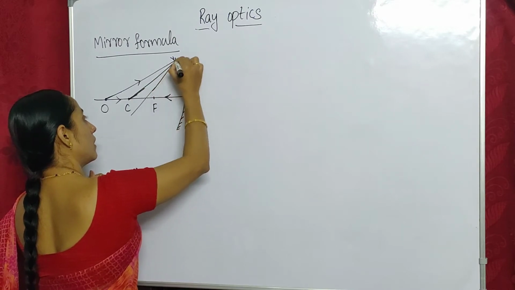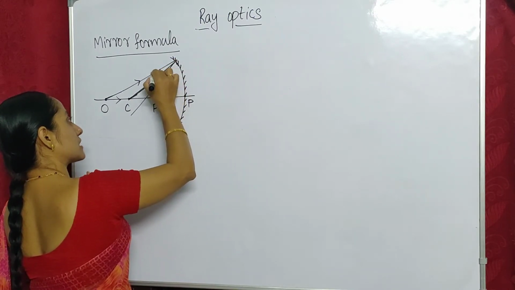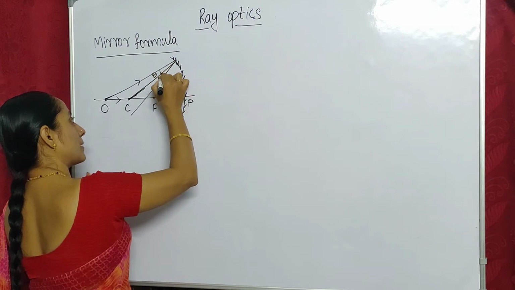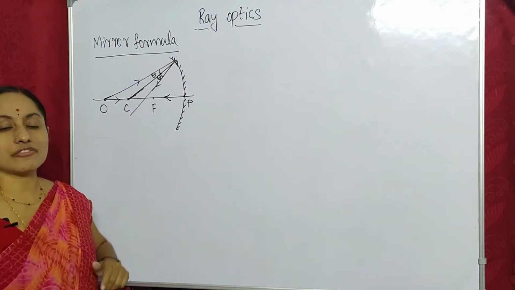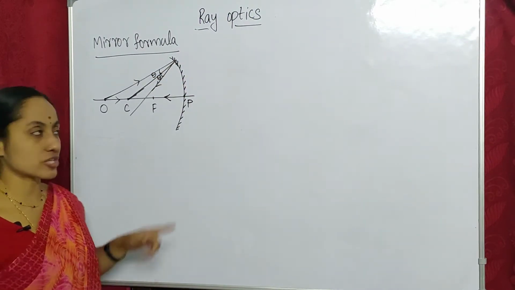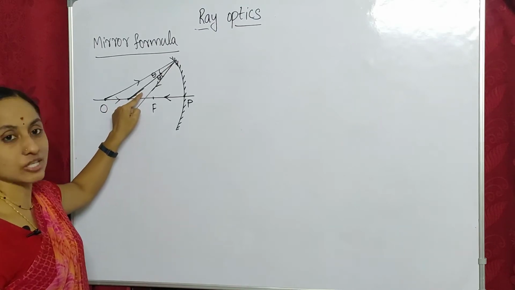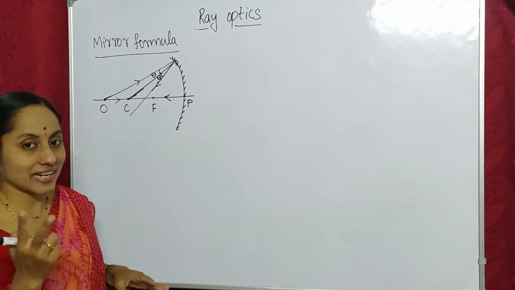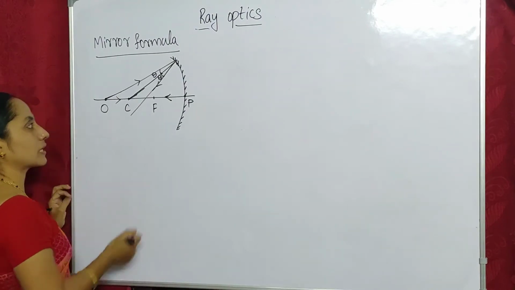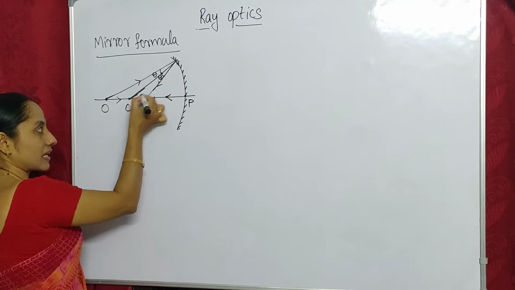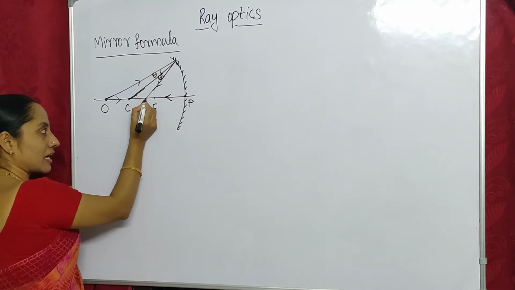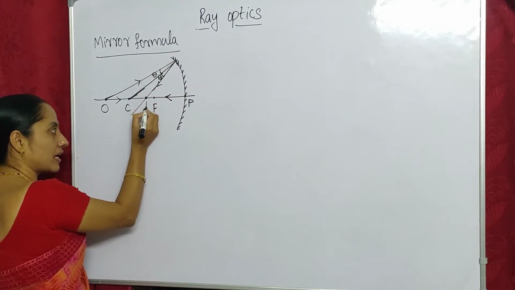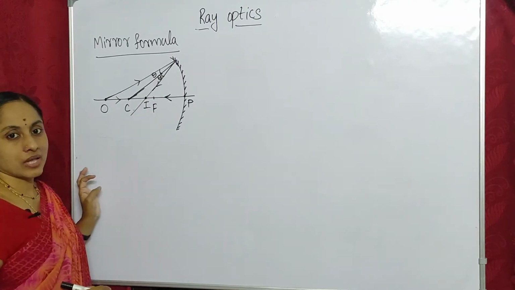Normal and reflected ray. If this is angle theta, this also will be angle theta, because the angle of incidence is equal to the angle of reflection, and this line represents the normal. Okay, now the understanding is over. Now, did we get two reflected light rays? Yes, we did. This is the first reflected ray, this is the second reflected ray. So here is the point where the image is formed.